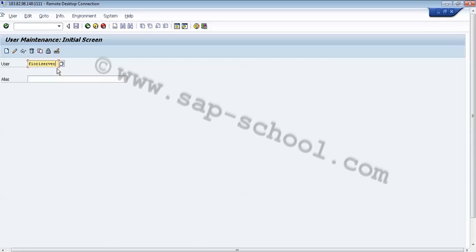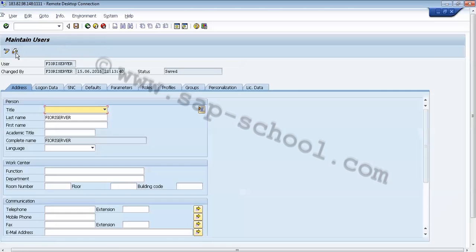And then we have to click on this edit, that is my change. Now we have different tabs here. The first one is the address, then we have the logon data, SNC, defaults, parameters, but we want to just see the roles. So we'll go here in the roles